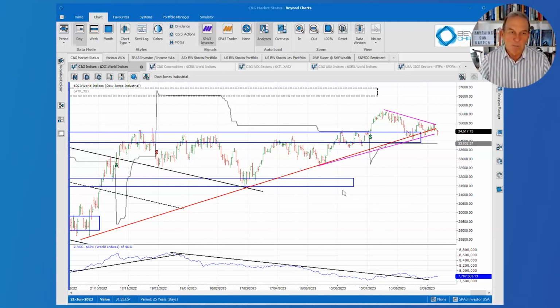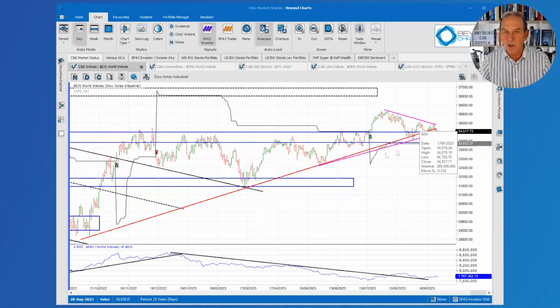But the pattern that's forming here, and you'd be familiar with these trend lines and support and resistance zones I've got here. This black dotted resistance zone at the top here is the all-time high that the Dow Jones has achieved. So certainly we've climbed up from the bottom of September last year, about a year ago, when the troughs were hit on the US indices, a slow climb up, a bit of sideways, a bit of a breakout, and now going sideways to down.